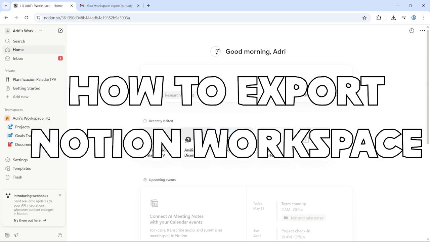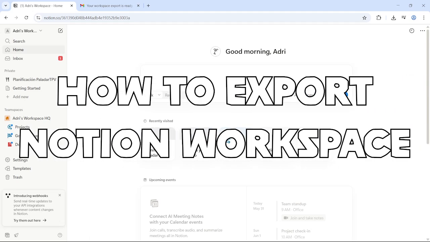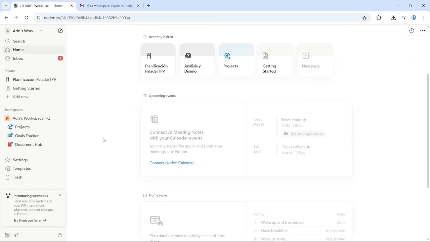I'm going to show you how you can export all your Notion workspace as a CSV or a spreadsheet in